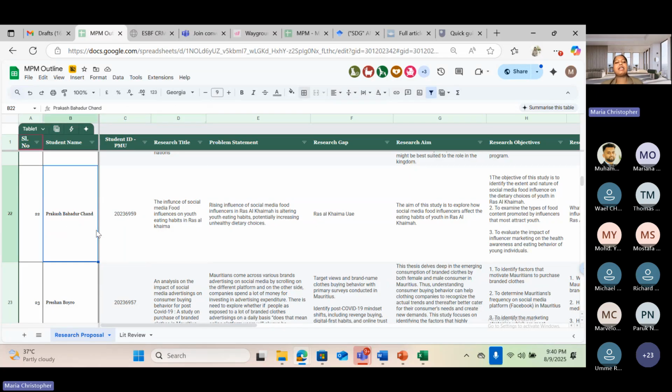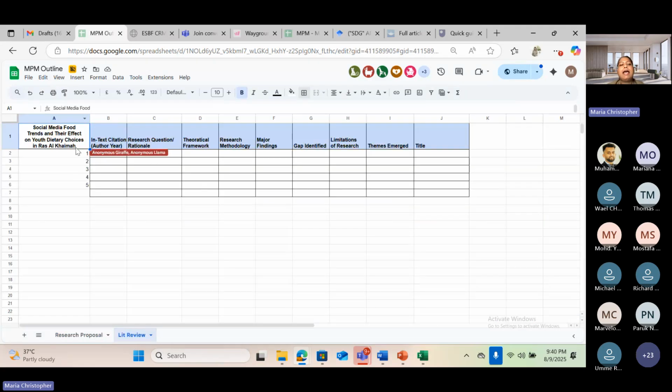So I just picked Prakash's title. He had mentioned the influence of social media food influences on youth eating habits in Ras Al Khaimah. It's one of the Emirates out here in UAE. So I just rephrased and put across the title: Social Media Food Trends and Their Effect on New Dietary Choices in Ras Al Khaimah. So what I did is, once I picked his topic,